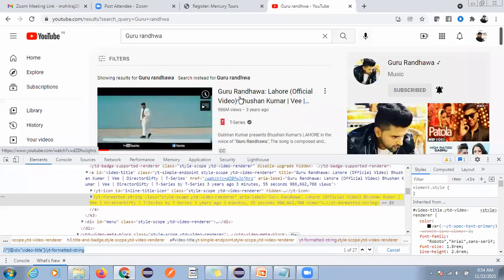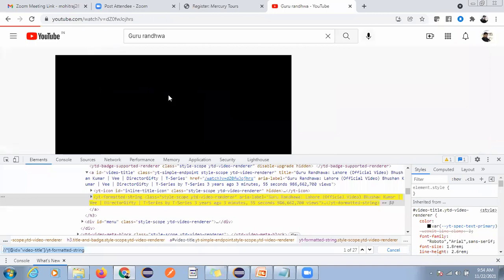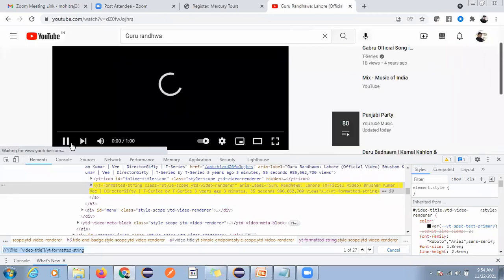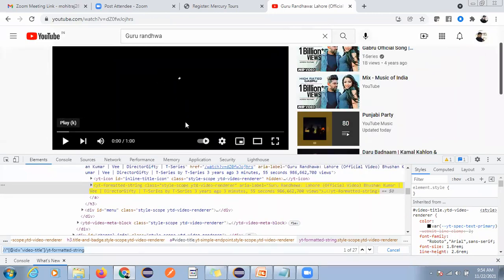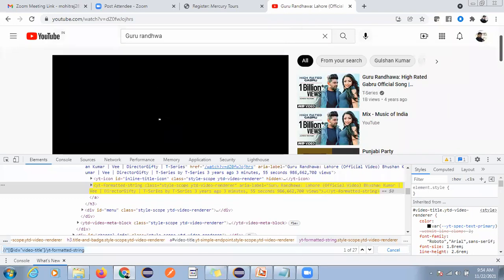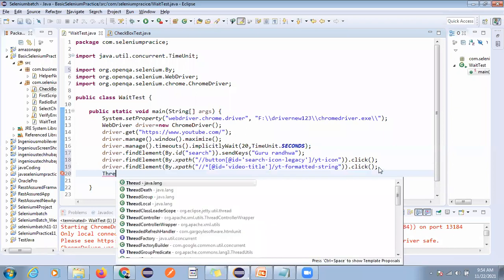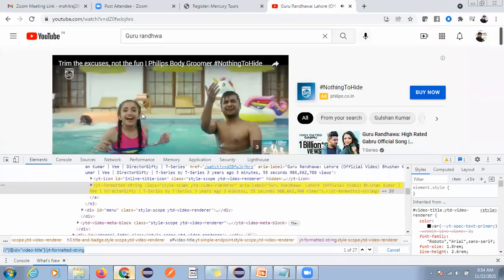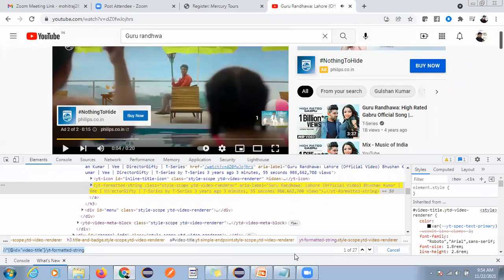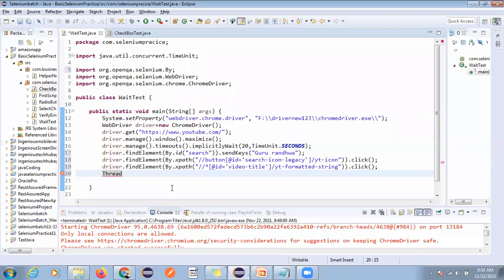After clicking this, we can wait for some time here. I am using a hard coded Thread.sleep. I will wait a few seconds for the video to play, then after that we can pause it.